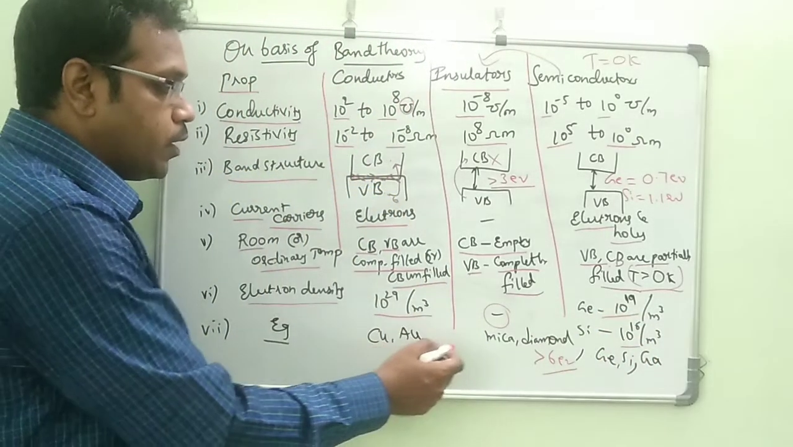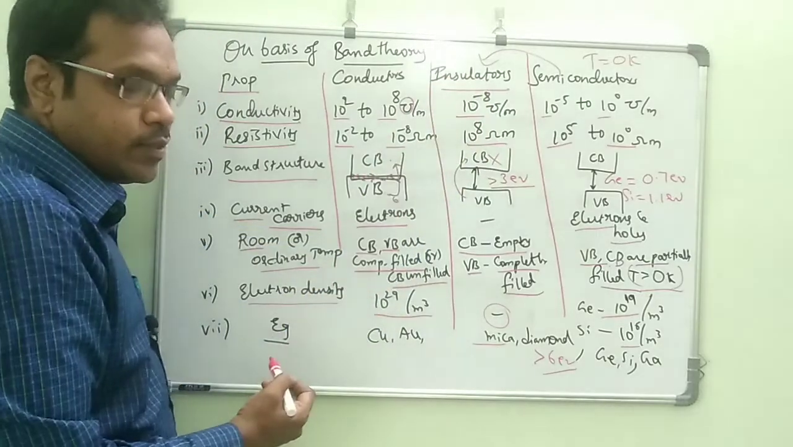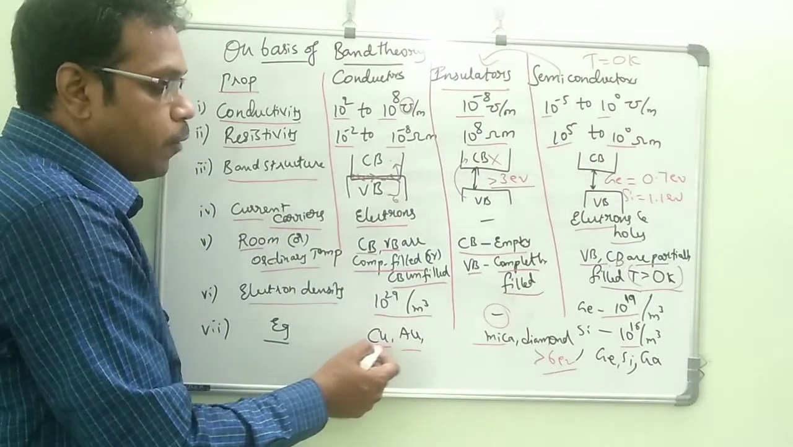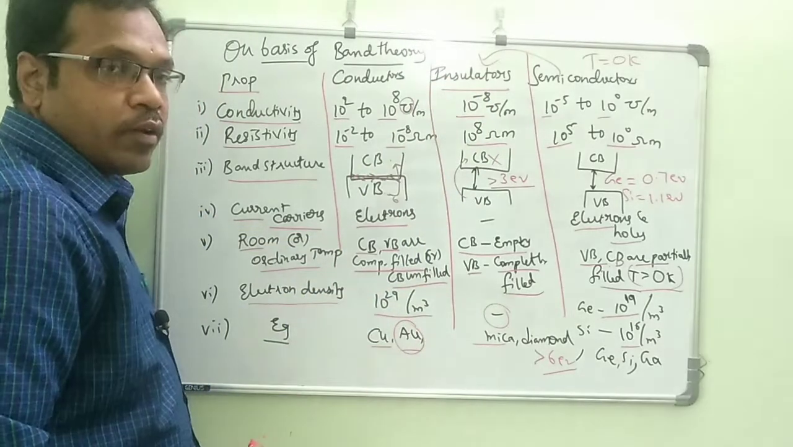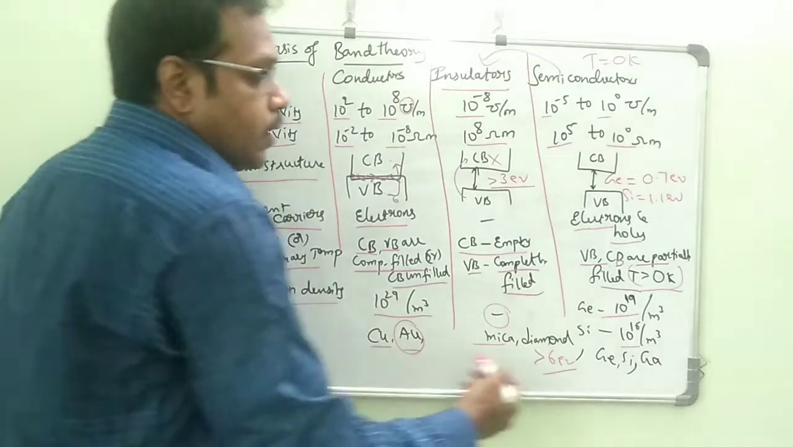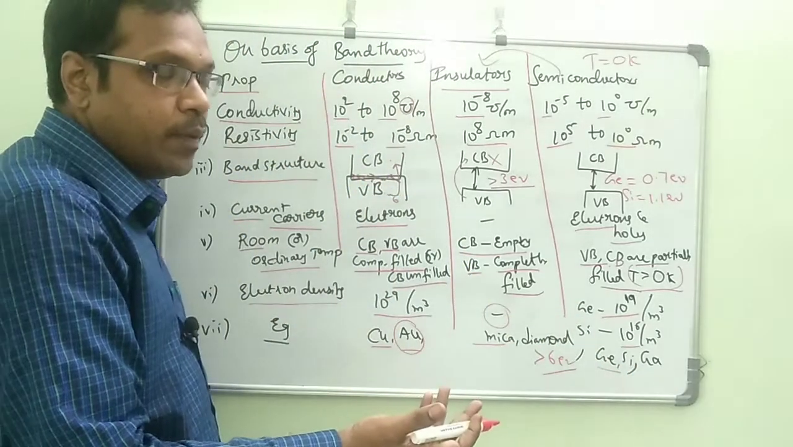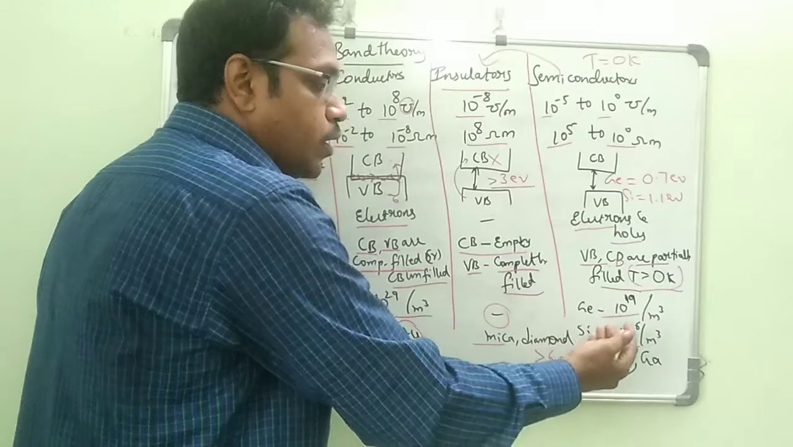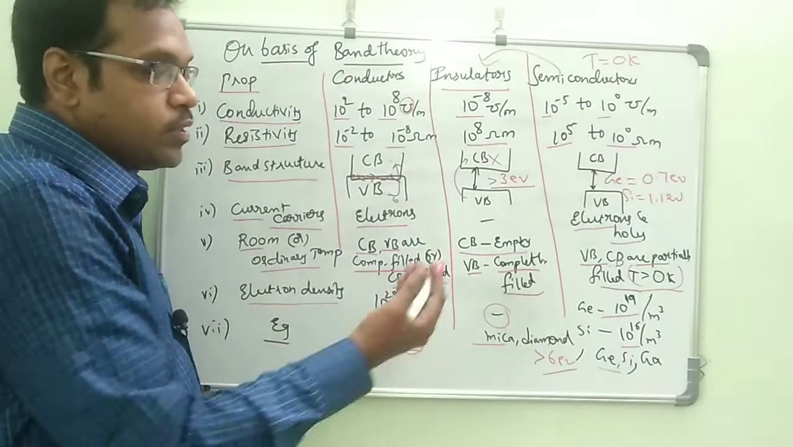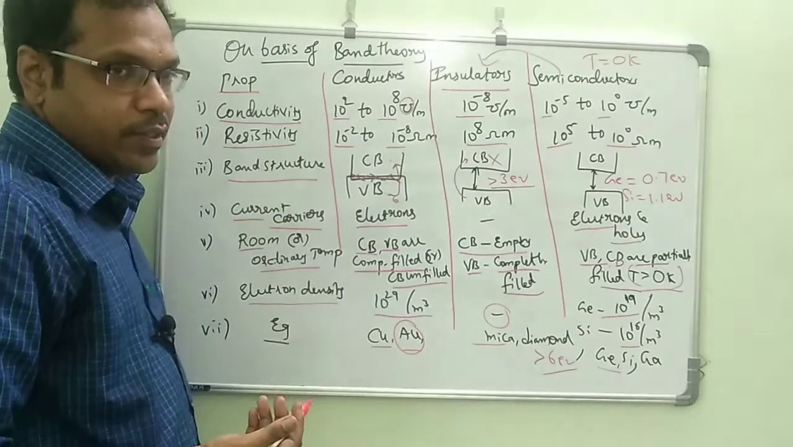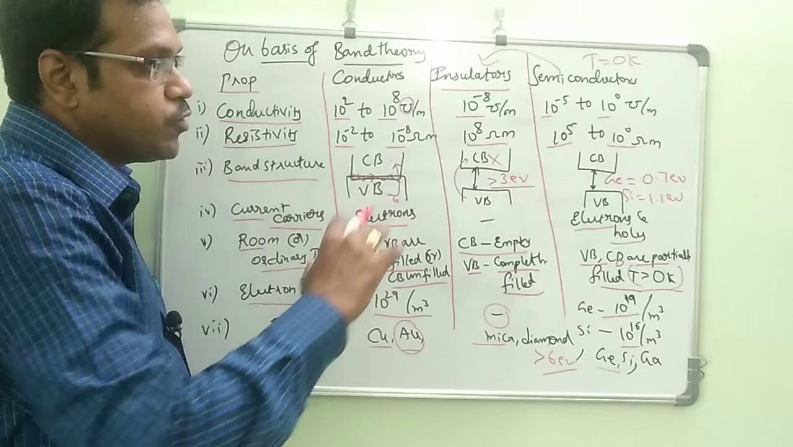And examples, if you take here, this is mica and diamond for the insulators, and copper and gold for the conductors, and germanium, silicon, all fourth group elements. Fourth group elements, you will get germanium, silicon, gallium. Okay, all these things you will get in the semiconductor list. Like this we can classify the